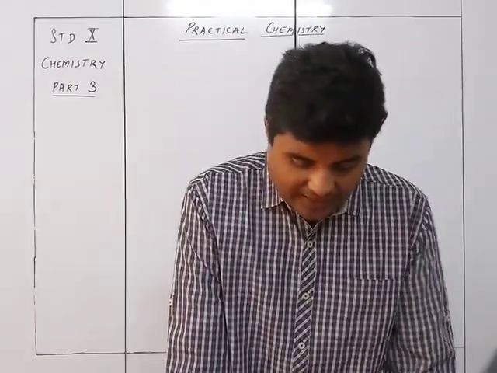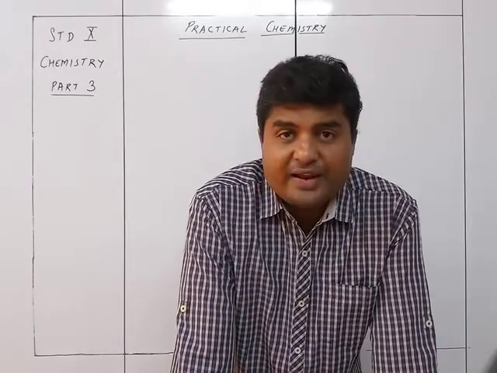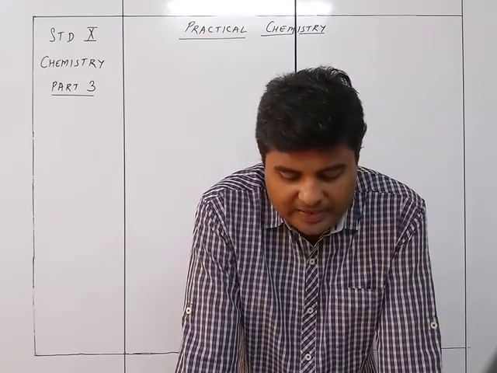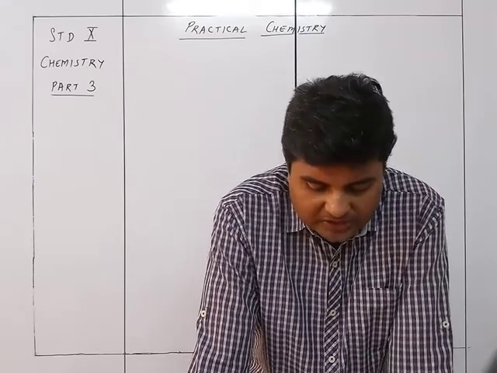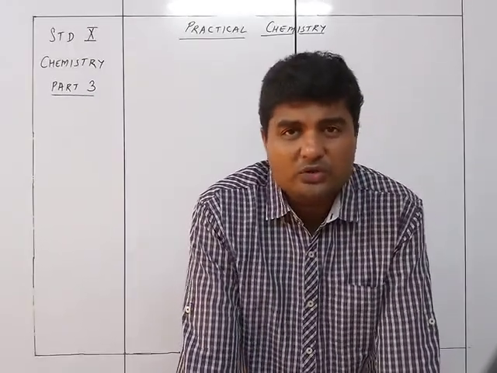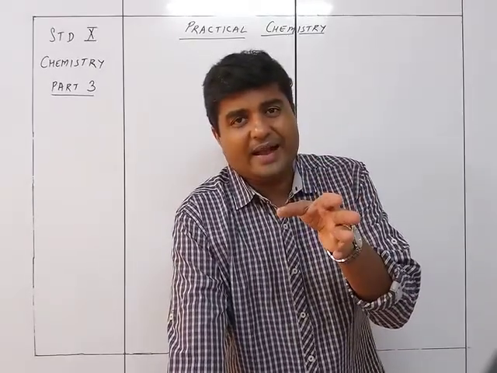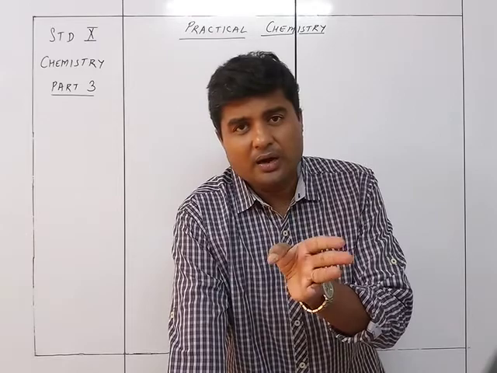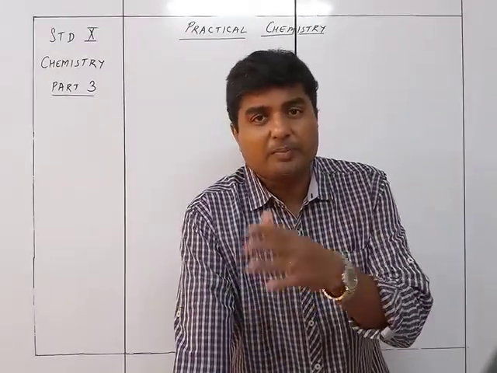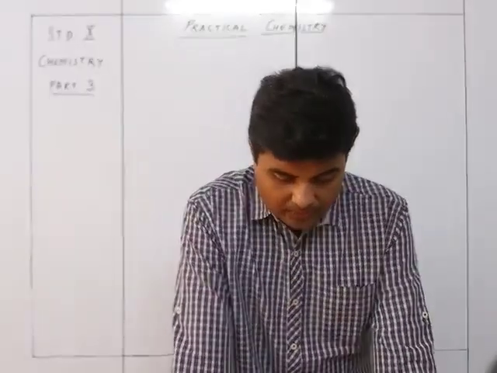If we see the carbonates, to the salt add dilute sulfuric acid and heat. What you see is a colorless, odorless gas evolved which turns lime water milky and has no effect on KMnO4 paper and K2Cr2O7 paper. So whenever you take that salt and add the acid to it, the gas evolved turns the lime water milky, but has no effect on KMnO4 paper or K2Cr2O7 paper.